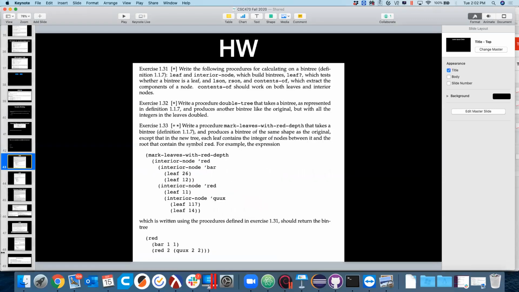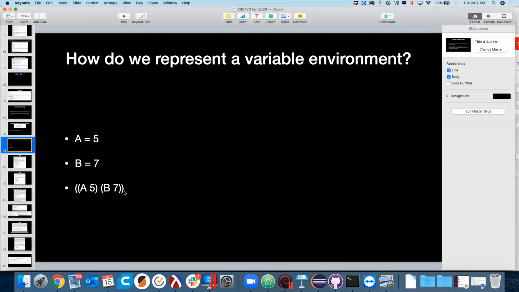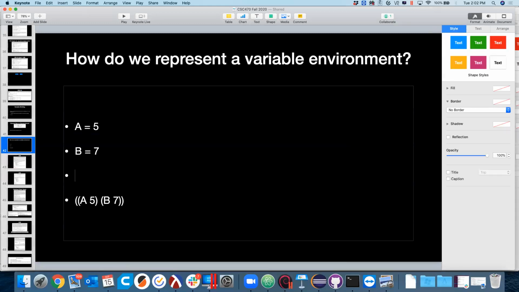Okay. So we started out with an empty environment. And then what we did is we extended that environment with an A and a B. I'm sorry, an A and a 5. So that gave us an extended environment, which now produces a new environment. So extend env is a constructor for an environment that takes a single name value pair as well as an environment. Think of it kind of like